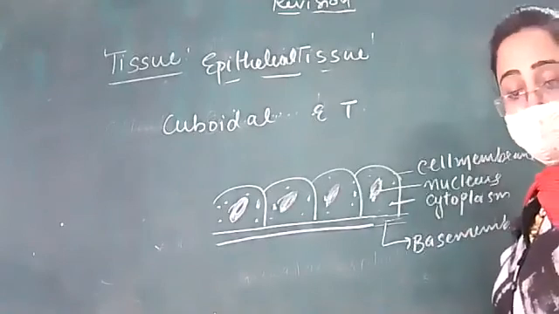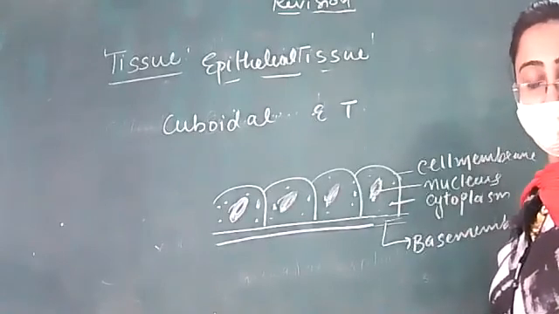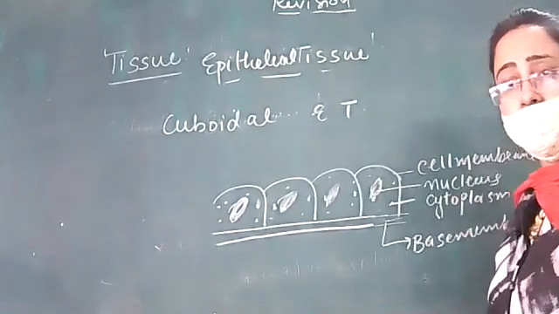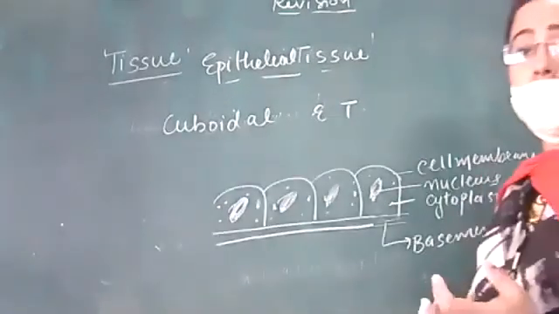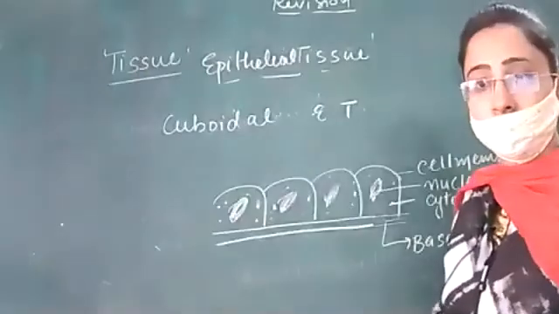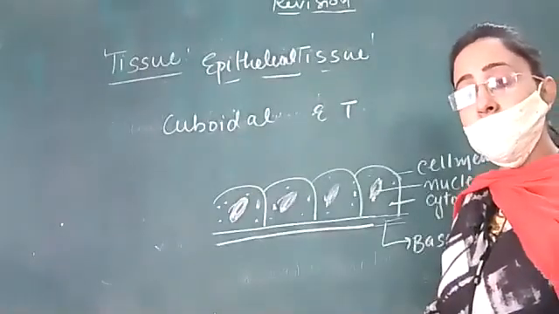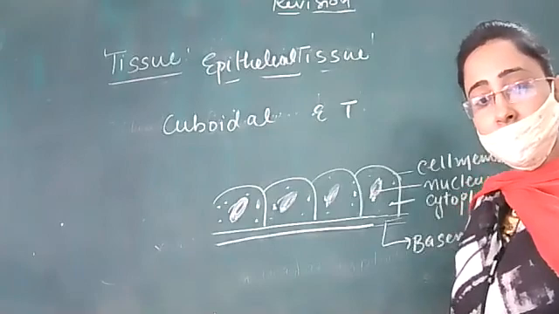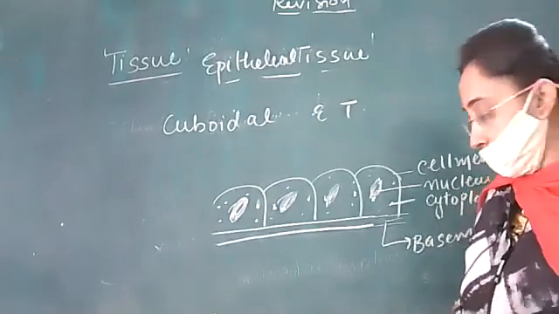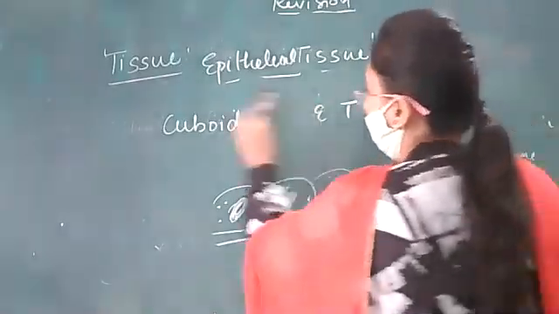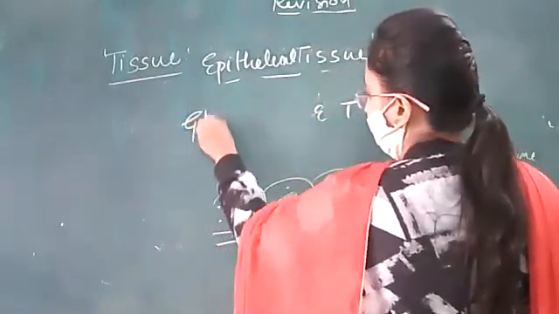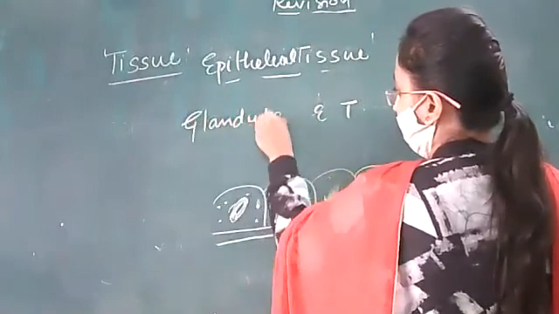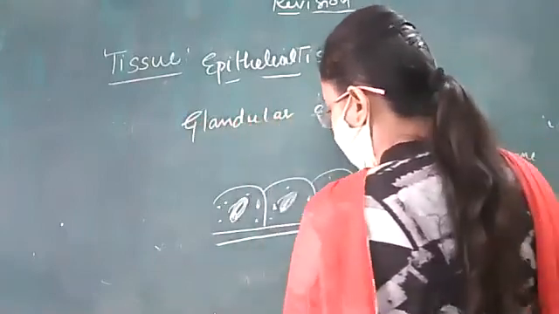So last epithelium is glandular epithelium. So glandular के name से ही पता चलता है बेटे, will give some secretion, and where glands are present, the glandular epithelium will be present, and they help in the secretion. So next is our glandular epithelium.